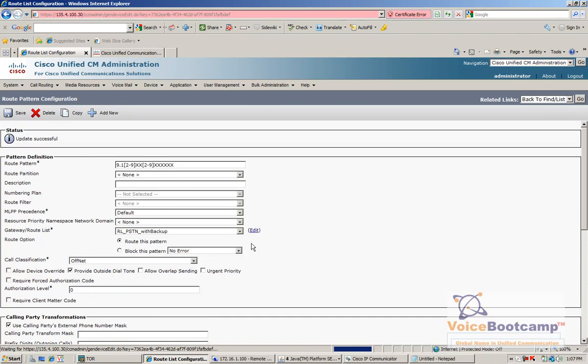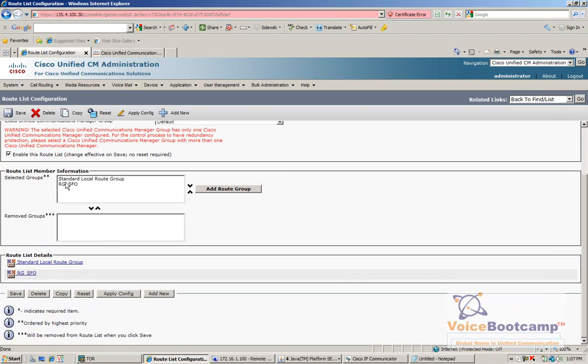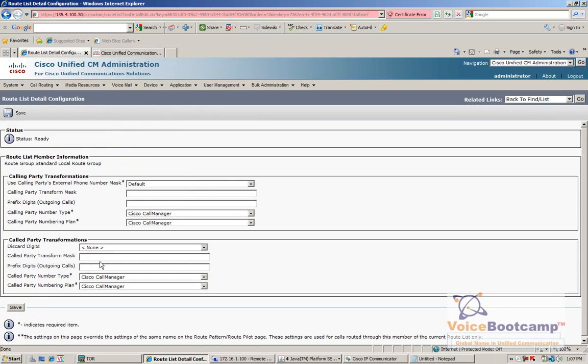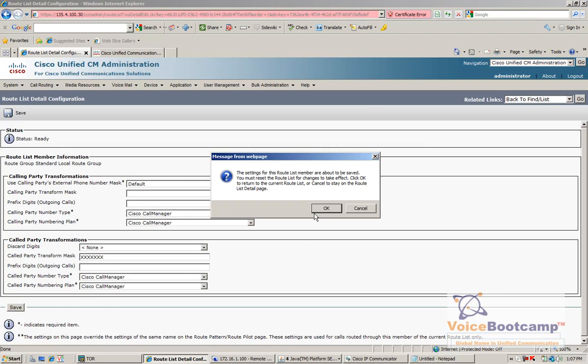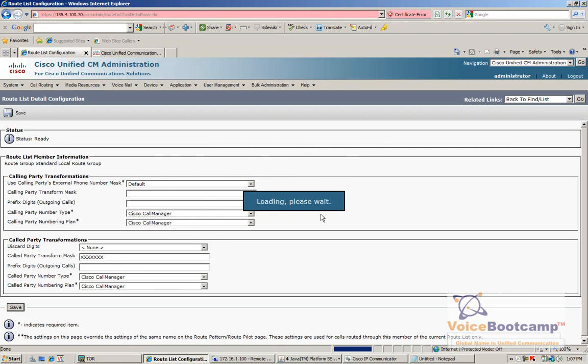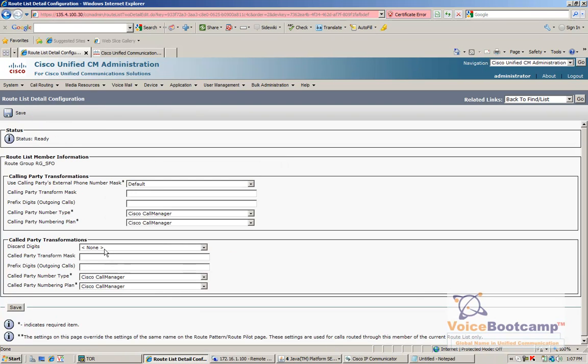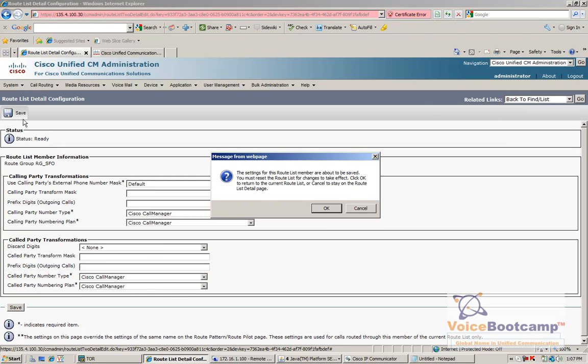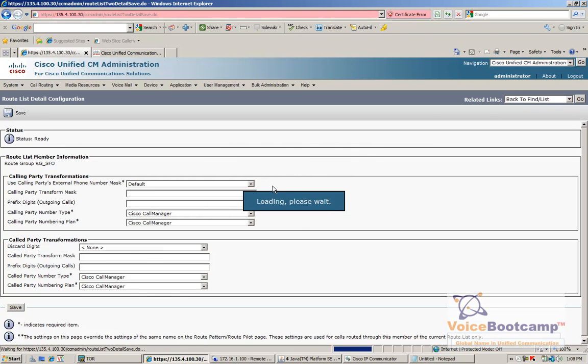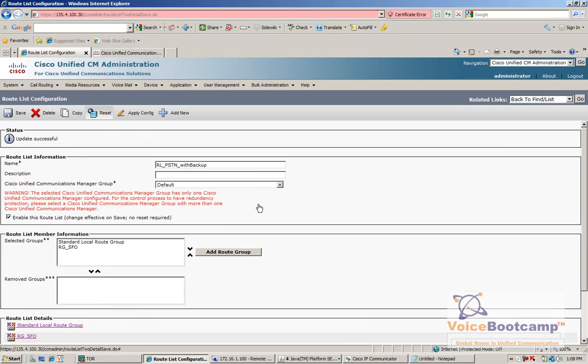So I'll show you in a quick example. In the route list, I could say in the called party transformation to send the last 7 digits. And for San Francisco, send the call as it is. So if I reset,